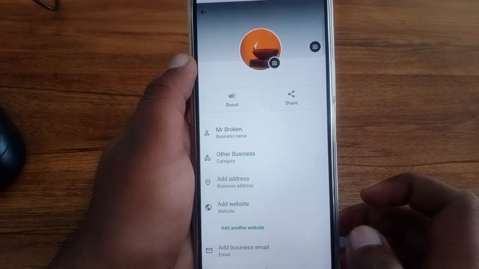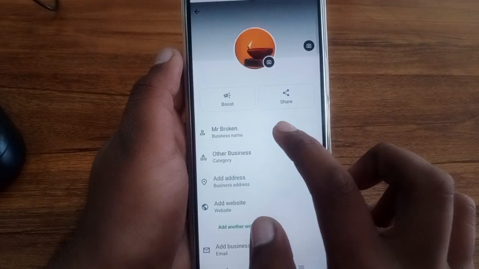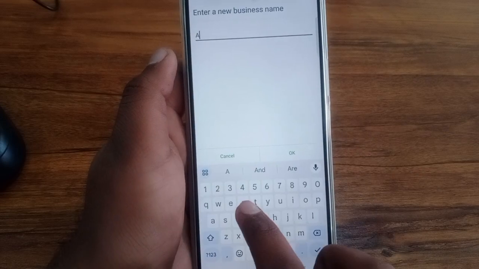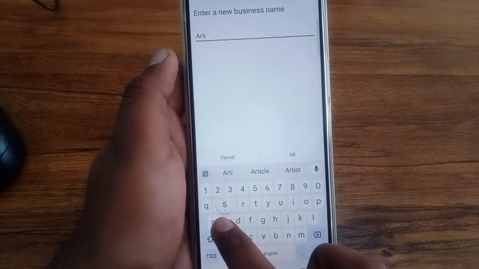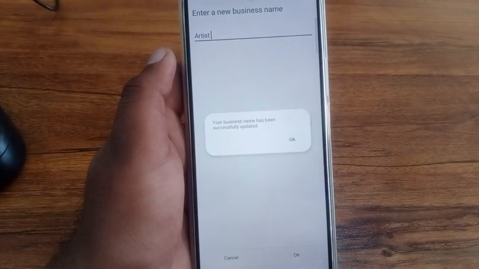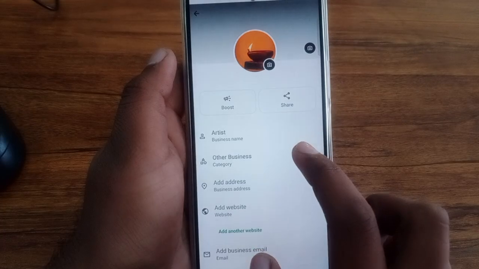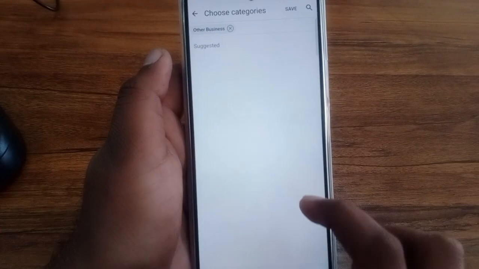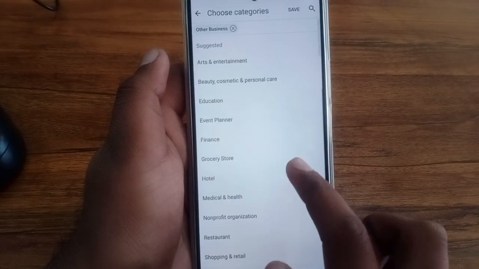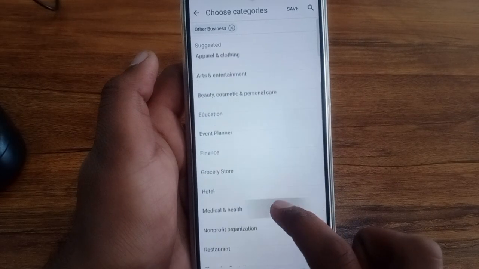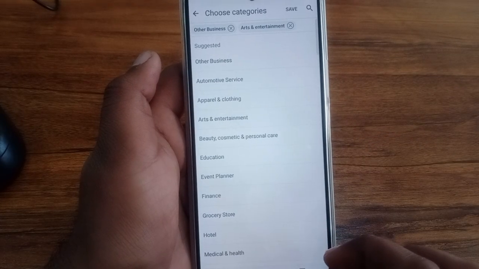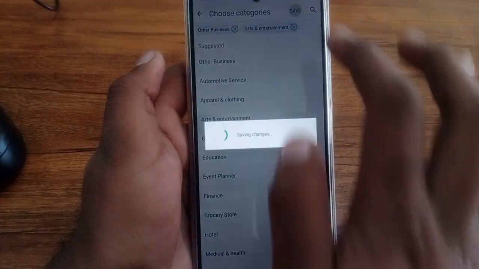Here you can set up your profile as there's your business name, as I have entered here artist. Click on OK, continue, and then business category. Here you can select your business category, as just look for it, and I have entered arts and entertainment. Now click on save,